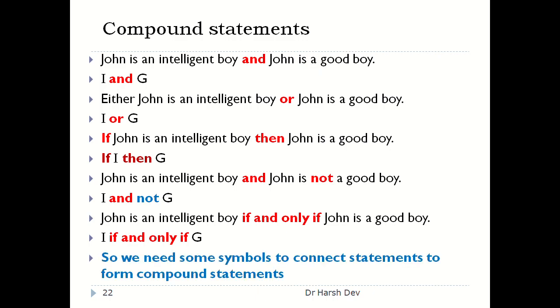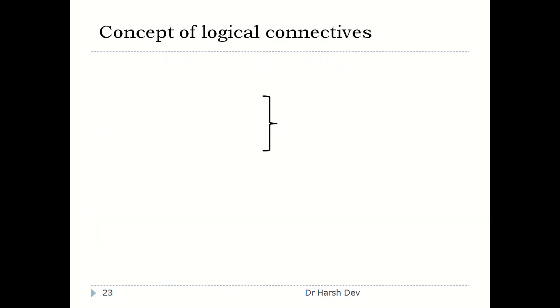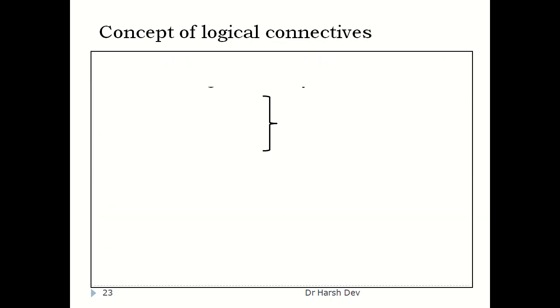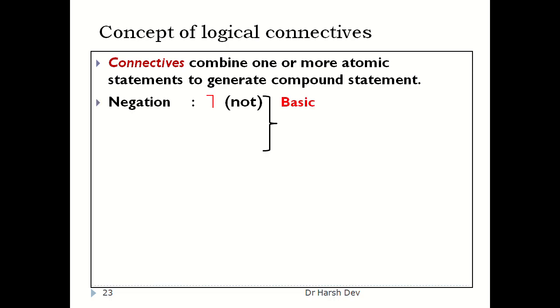Now, we are able to convert the given statement into a symbolic form, but there are still certain words: and, or, not, if, then, if and only if. These are still words which we need to convert into symbolic form. So for these words we use connectives to connect the statements, and we replace and, or, not, if-then by another mathematical symbol. These are the logical connectives which are used in place of these words.